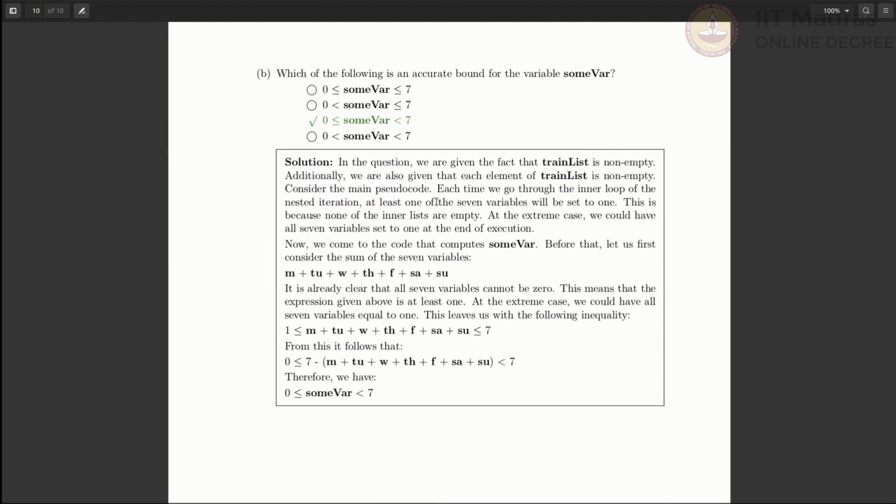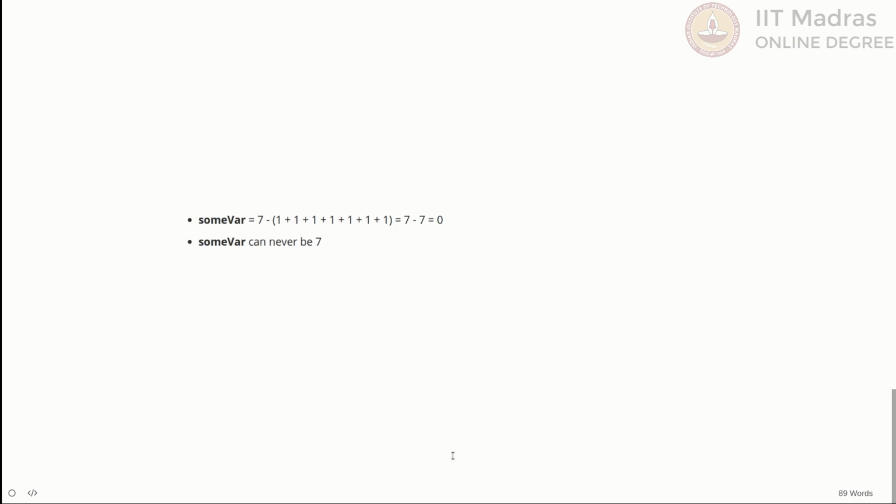So which of the following is an accurate bound for somewhere? So now we see that somewhere can be 0. When will that happen? When you have a station that is serving trains for all 7 days, you will have somewhere to be 0 because all 7 variables will have the value 1, right? So somewhere can certainly be 0, and clearly it cannot be less than 0 because you have sum of 7 variables which are either 0 or 1. So the minimum value of somewhere is 0 and it can assume the value 0,